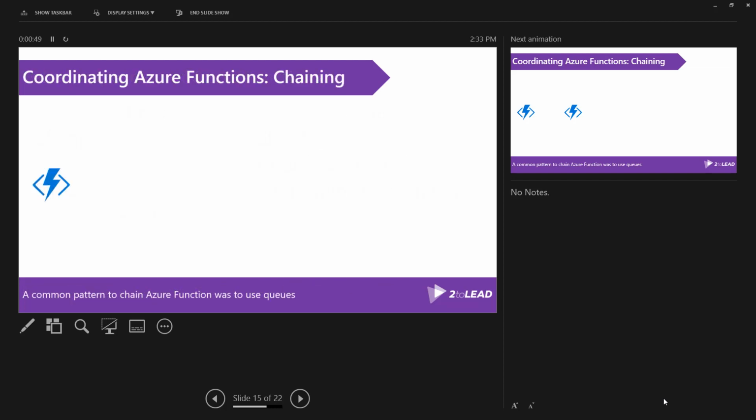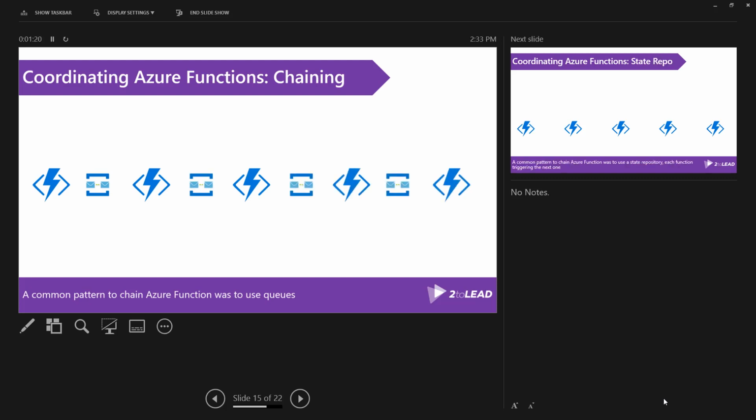When we're talking about coordination and coordinating Azure Functions, we had two main patterns. First one being chaining. Let's say you have one function and a second function, and the second function needs to start whenever the first one is finished. Well, usually you would add a queue between those two, and the first one would just send a message into the queue, and the second one would pick it up and start processing whenever a new message was available, right? But you can imagine what's happening when you have lots of functions and lots of queues you need to set up in place. It becomes this kind of spaghetti plumbing nightmare